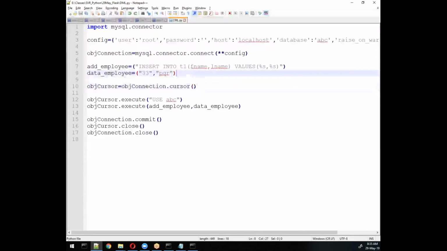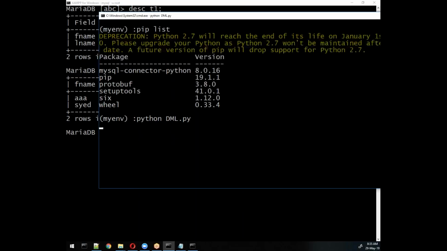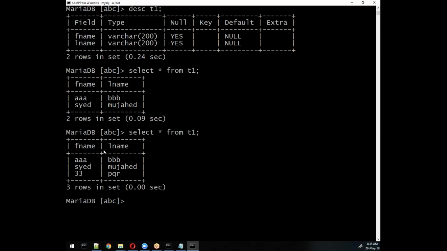See here, we return double 3 and PQR. It's not available, right? So here we'll try to execute this statement. It's executed successfully. We need to give some message. No, don't worry, next time we will give. But again, we will write a select statement and check the output. Okay, so this is the thing we need to know.